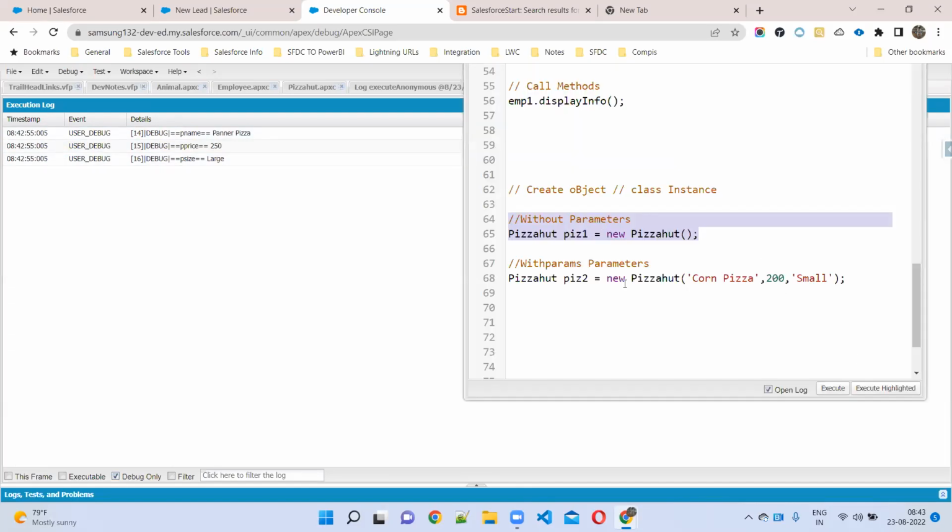If you want to pass data, for example, assume I am calling this paneer pizza class in another class, maybe in Domino's. There is one more class in Domino's, and I am calling this one there. By default, which order will you get? Paneer pizza. If Domino's wants to pass some data, they will call this class in their Domino's class and pass whatever parameters they want. Understand what I'm saying?